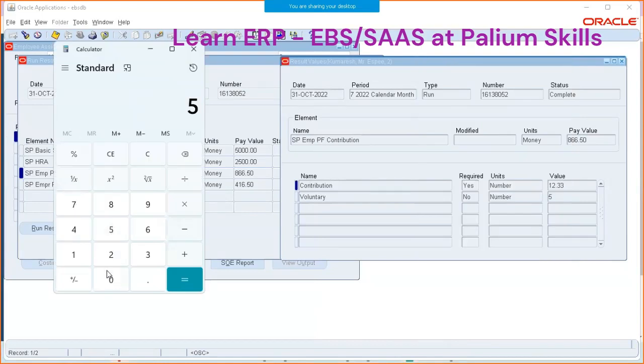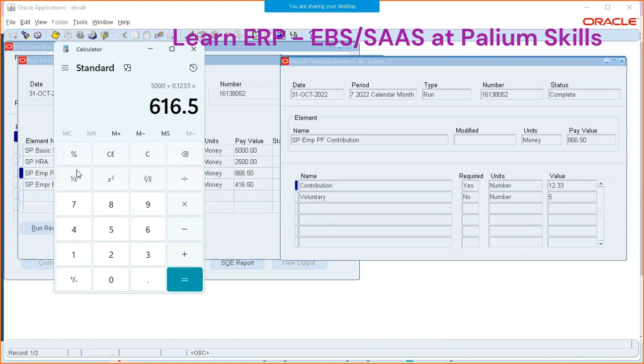Okay, we have 5,000 here, into 12.33%, 616.5. And we have 20% of 5,000, which is 250. Total is 866. Oh, voluntary is 5%. So that's why it's